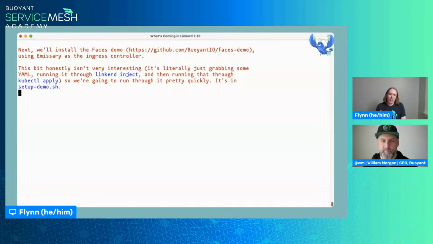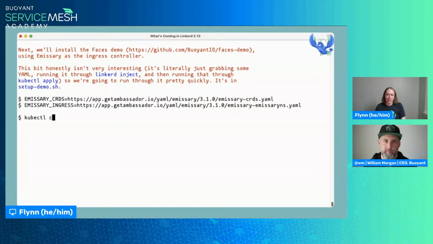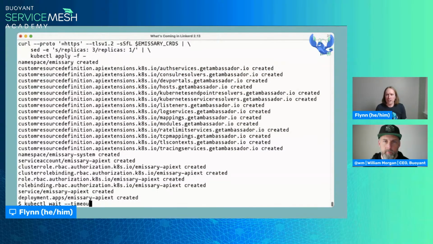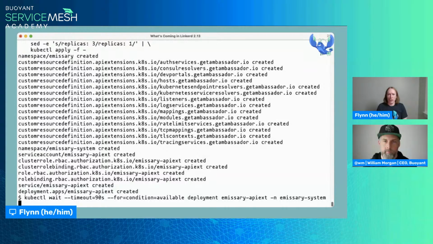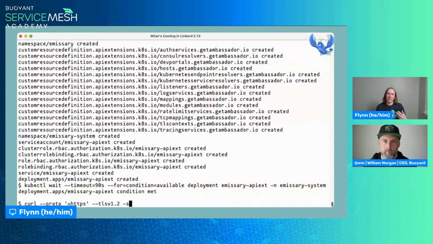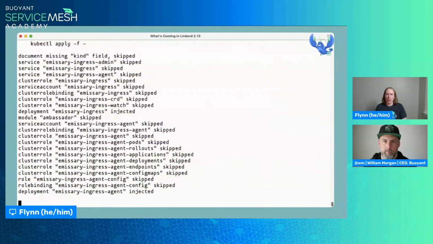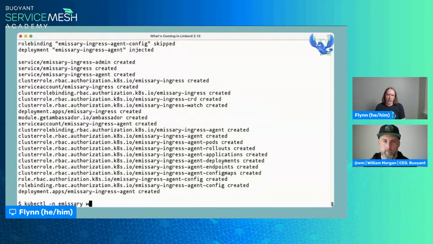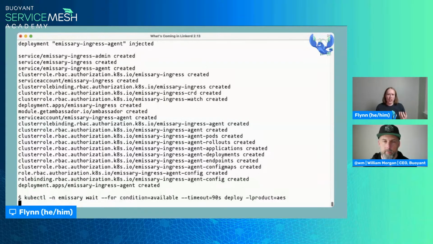I'm going to go through and install the Faces demo. I'm going to go through this part pretty quickly. It's there in the repo if you want to look at it, but a lot of this is fundamentally just the kind of toil that we often skip for these demos. I'm doing it live right now, partly so that you know that I don't actually cheat about all this stuff, but also partly because I really wanted to show, hey, you need to install the Edge here, and then go through and talk about the way the Edge pretty much works like the normal stable releases do.